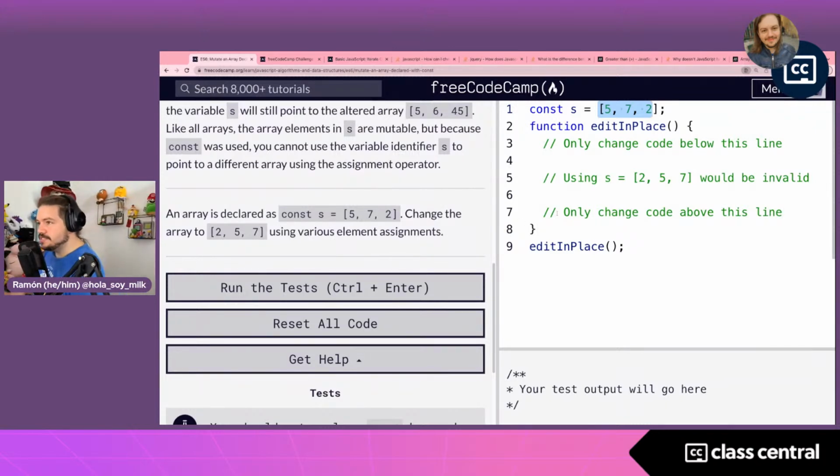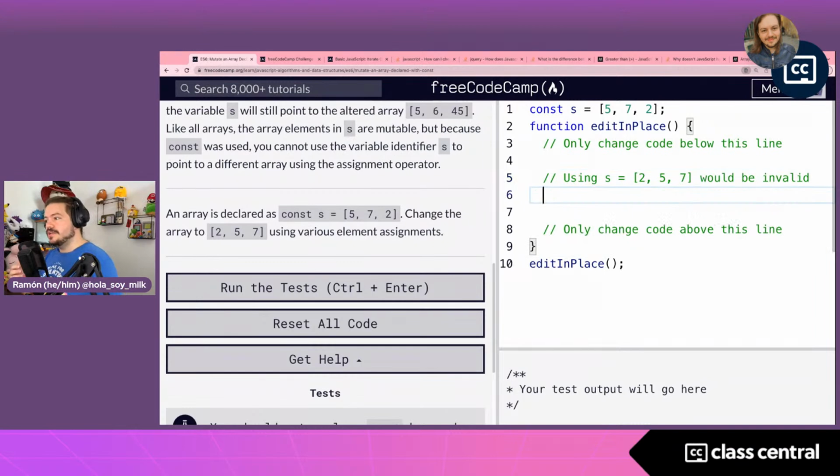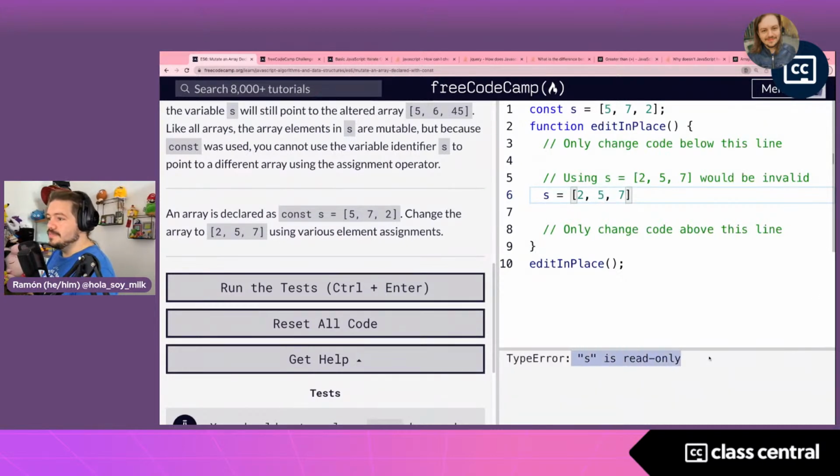Right, and this is something we've covered several times during the bootcamp so far, where we've said, well, s is a const. Why can we change the values in the array? That's because the array is mutable, it is changeable, but the s, the variable, is not reassignable. So as the comment says in line 5, if we try and do s equals 2, 5, and 7, we'll get an error. S is read-only. But